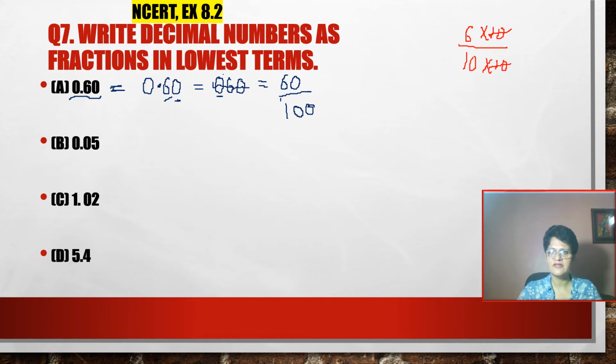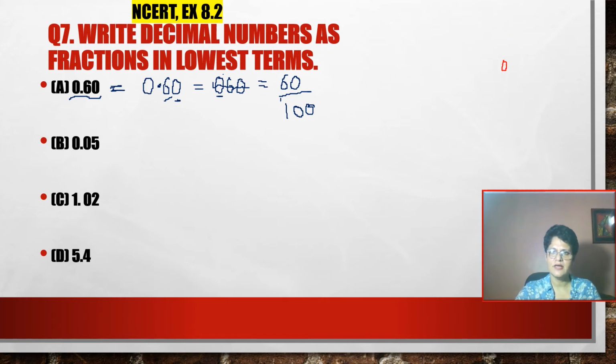Similarly, if you have 6 and 10 here, is there a common factor? Yes, I can clearly see. Let me show you that if you have 6 upon 10, to find the common factor, 6 can be written as 2 into 3, and 10 can be written as 2 into 5. So clearly I see that 2 is a common factor. From the numerator and denominator we reduce it. Now all this you have to do mentally. So I have shown you how it works. Basically this is the concept, because I always teach the concepts first. Once you've learned the concept, then you can apply shortcuts. It is easy. So I'm removing this now for you.